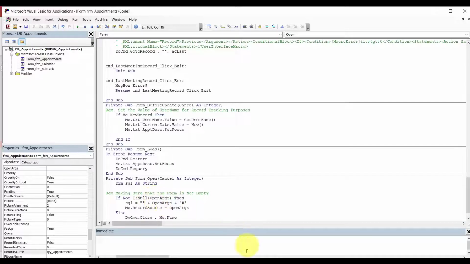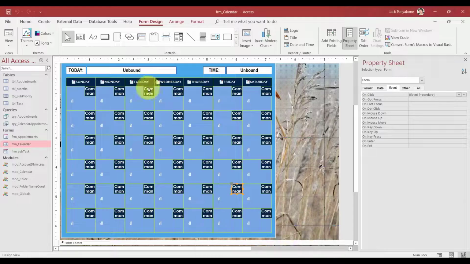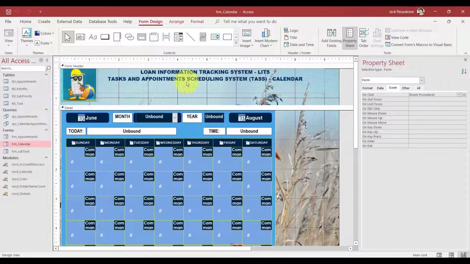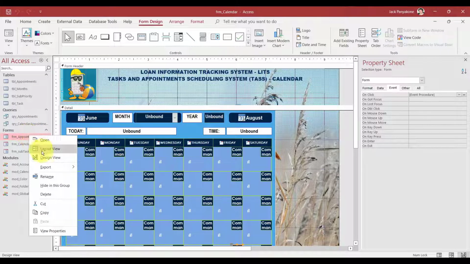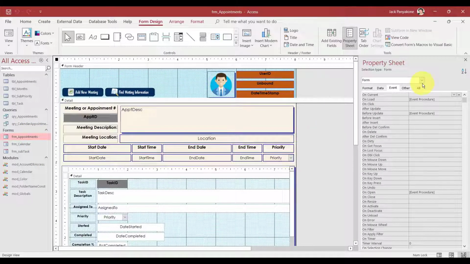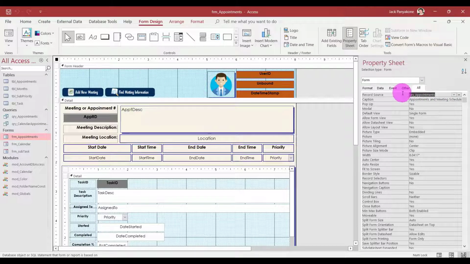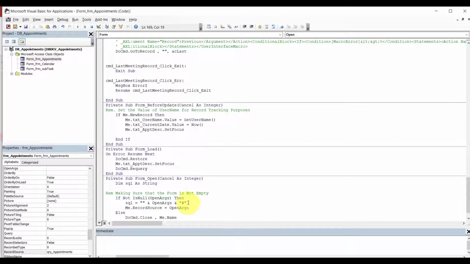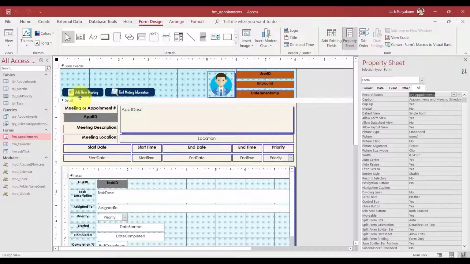Alright, now before I go too far, I want to take a look at that appointment form. This is the record source. Okay, so I'm gonna grab that, copy, just so that, alright, we're gonna say select everything from where. Now I need a parameter. Alright, where